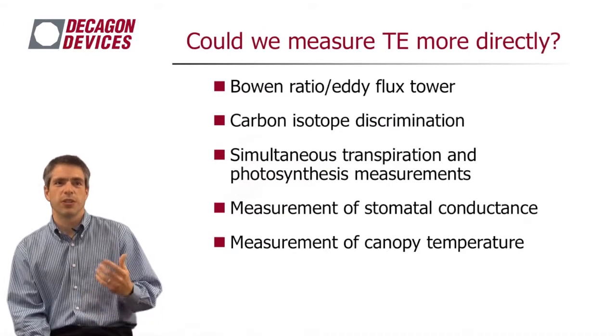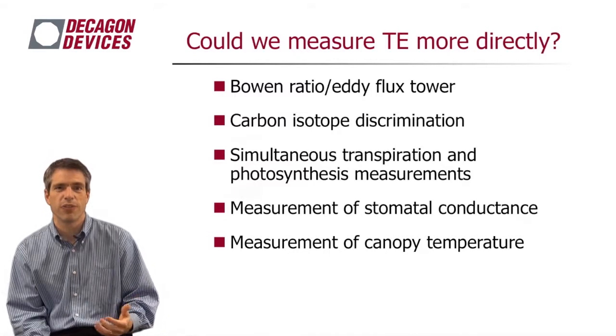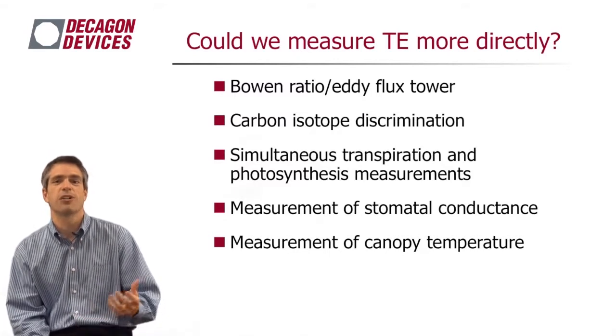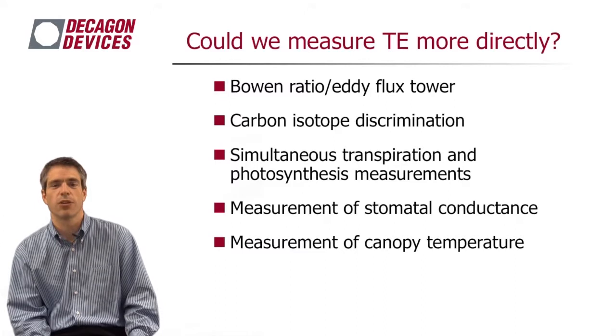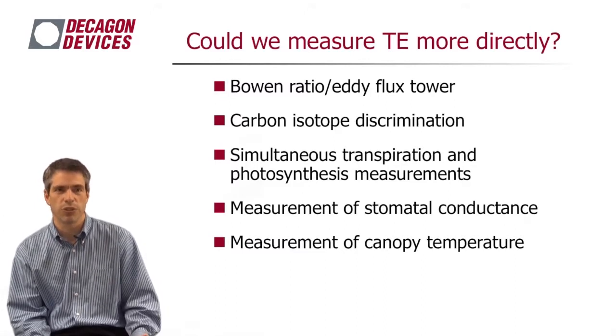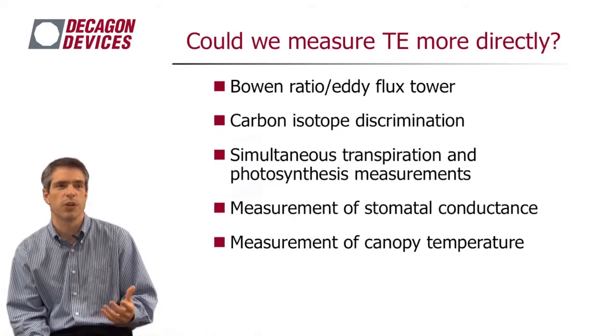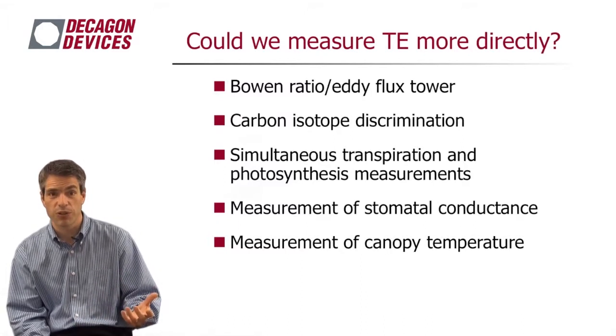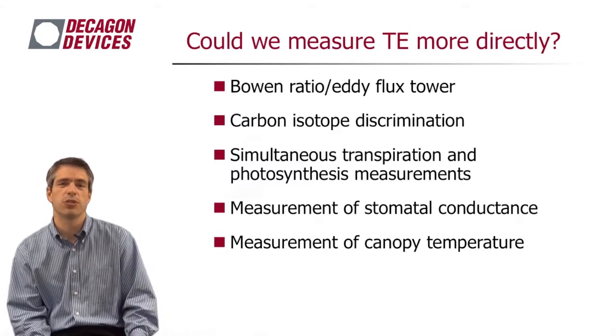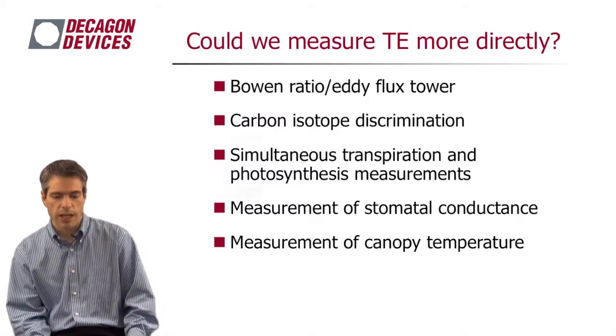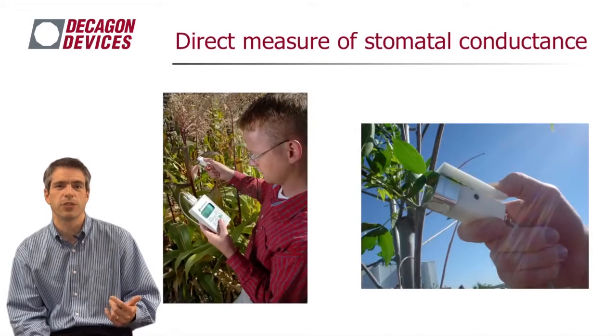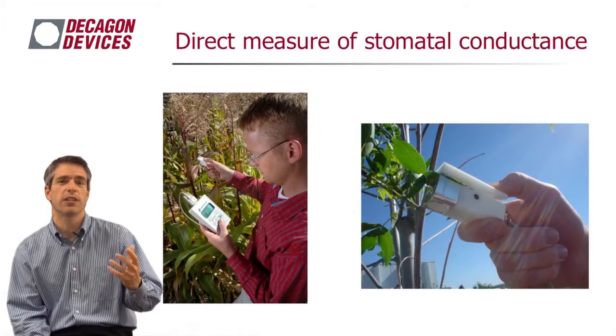So how could we measure this transpiration efficiency more directly? Well, we already talked about the flux tower, and another way of doing that would be the Bowen ratio system. Other people have done it through carbon isotope discrimination. We can measure simultaneous transpiration and photosynthesis with an instrument. We can measure stomatal conductance, and it's been shown in the literature that we can measure the canopy temperature. Now, a lot of these things we're not going to have time to get into, but we can talk briefly